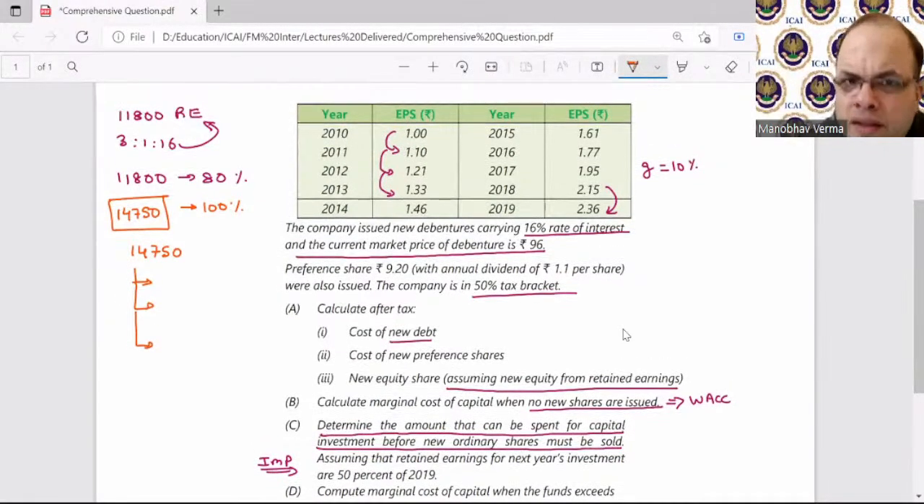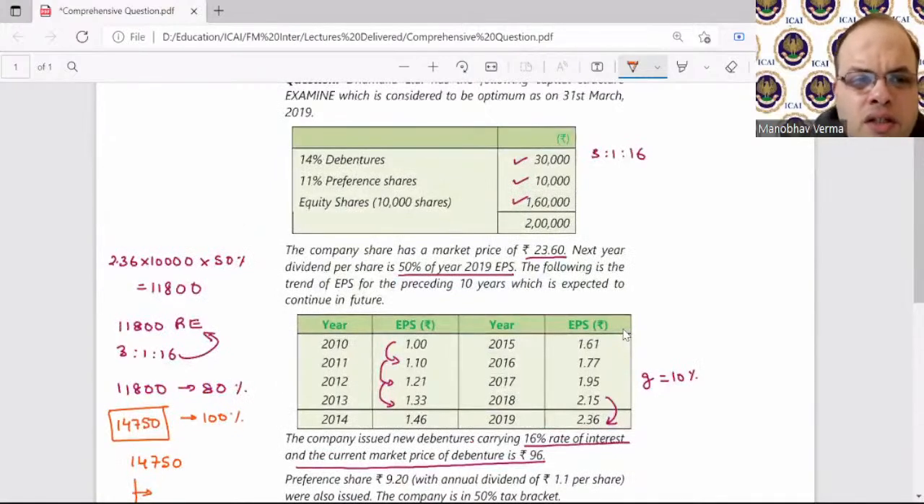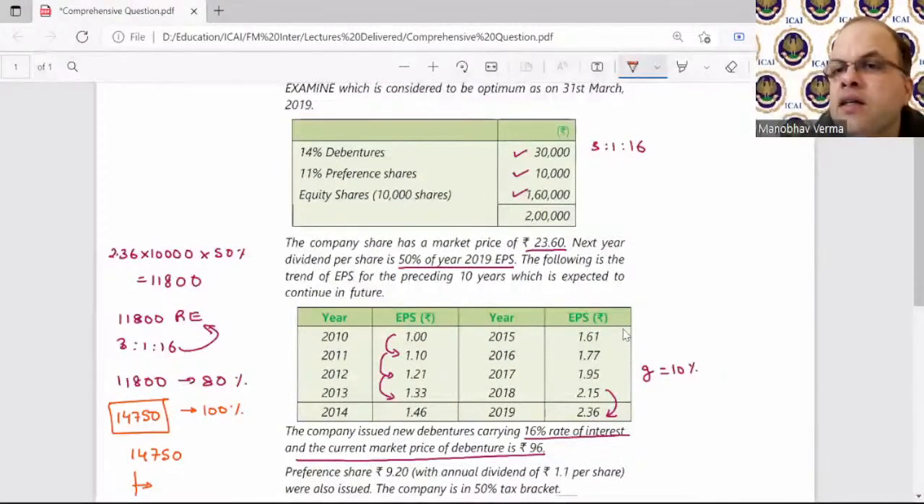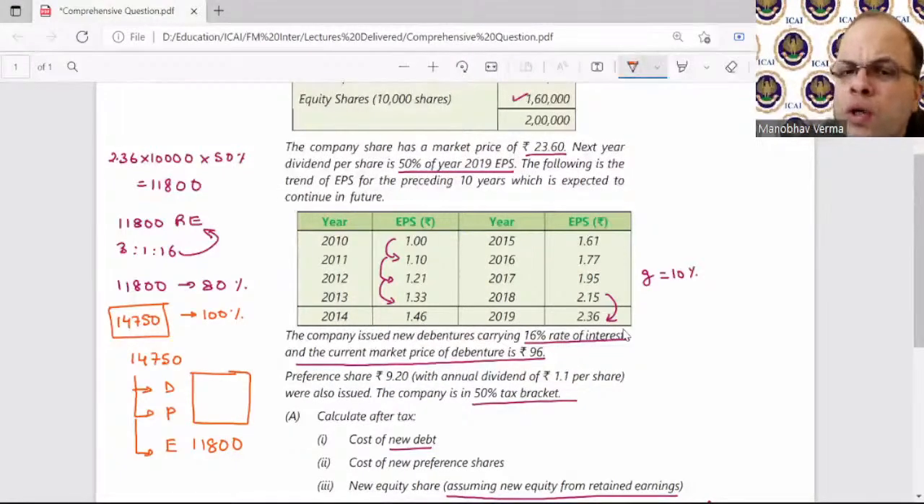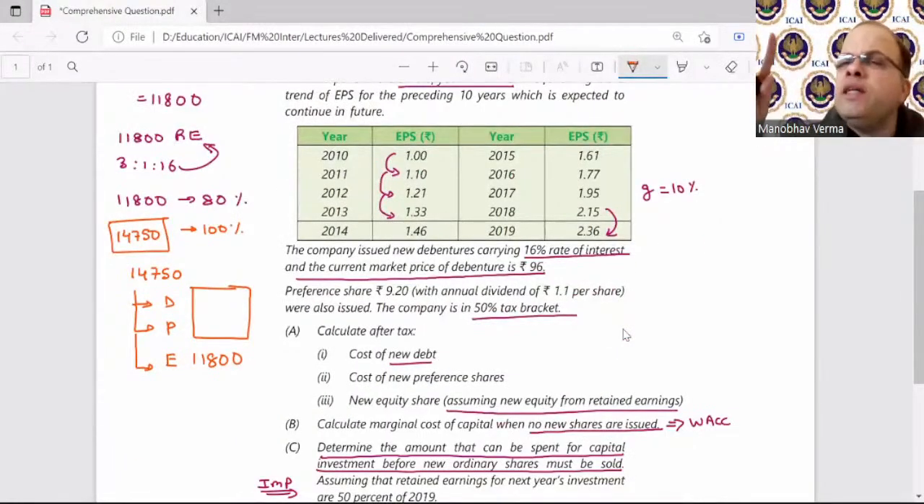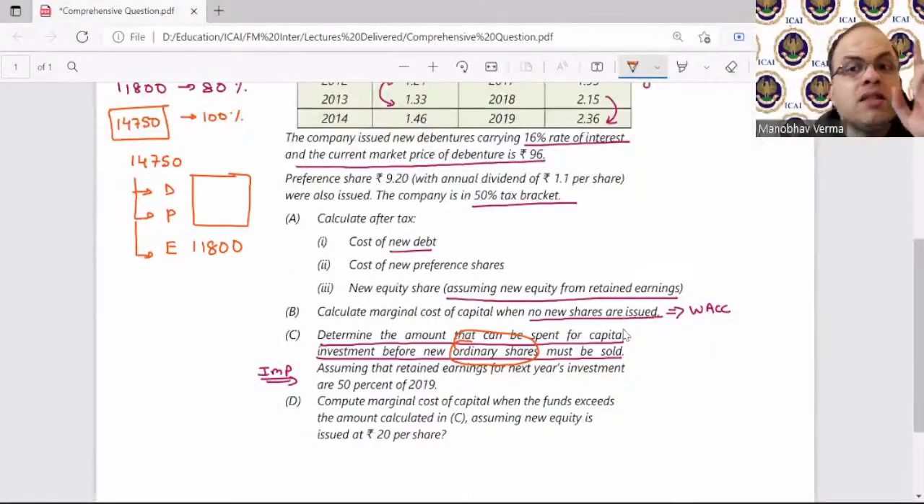We are looking at our debentures, preference shares, equity. And in equity, we are using 11,800. The rest of that will be debentures and preference shares coming from their fresh issue. So that's okay. The call of the question was how much amount can be spent for capital investment before new ordinary shares must be issued. So that means answer is 14,750, guys. So till additional 14,750,